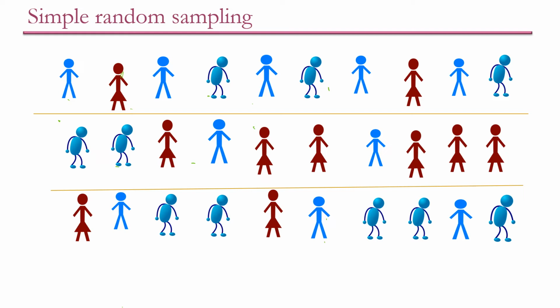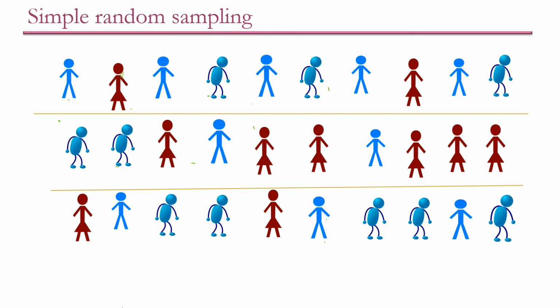Let us talk about a simple random sample. Here I have a community, so let us assume that there are three apartments in this community. In these three apartments, I find some old people, some men or some women. It looks like there are 10 in each building, and I have altogether 30 members in this community. And if I would like to pick a simple random sample from this,